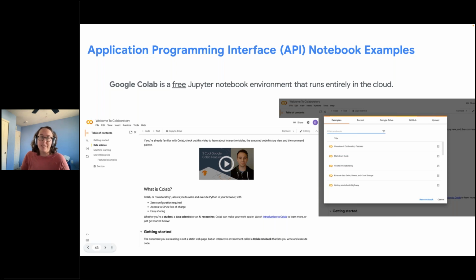So this is going to allow us to make all of our requests, create different maps, export TIFFs, CSVs, all within our browser. So if you're not familiar with it, Google Colab is a free Jupyter Notebook environment that runs entirely in the cloud. On the left here, you can see what it looks like. They have a lot of great documentation. So they have a welcome to Colaboratory notebook here